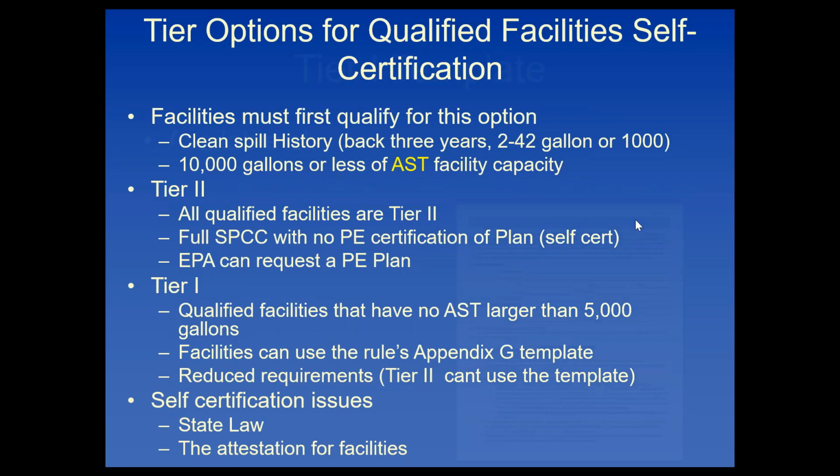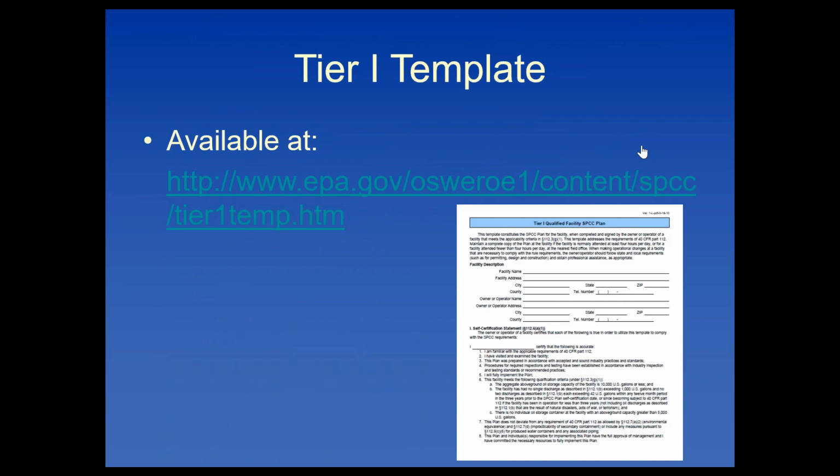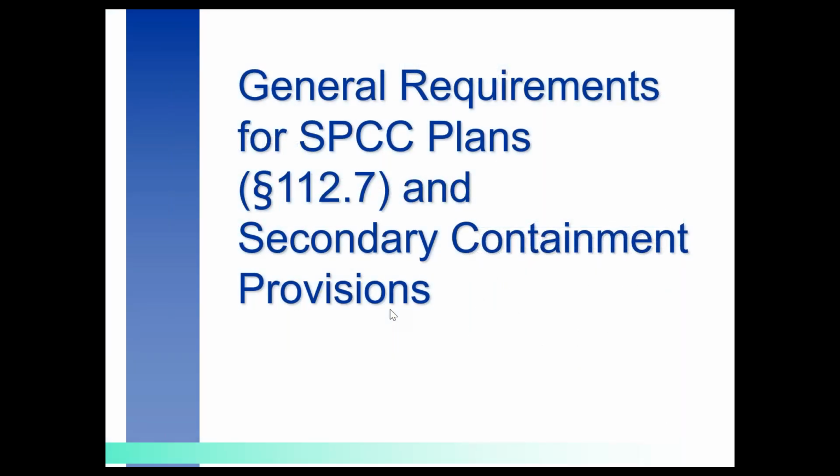It's only a couple. Here's what the template looks like. You just fill it out and you're done. There's your plan. Now, again, that's step 1. You've got to implement it. So filling out the template is one thing, implementing it's another. Okay, so let's talk about the general rule requirements. Now we've talked about your options. So you're either going to do a full SPCC plan with a PE, or you're going to do a plan with